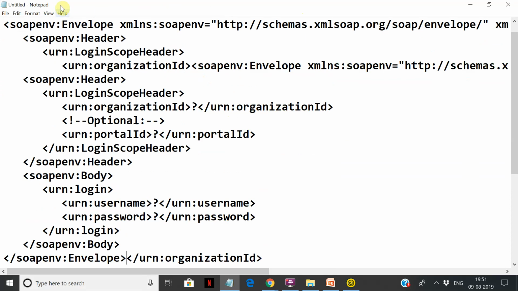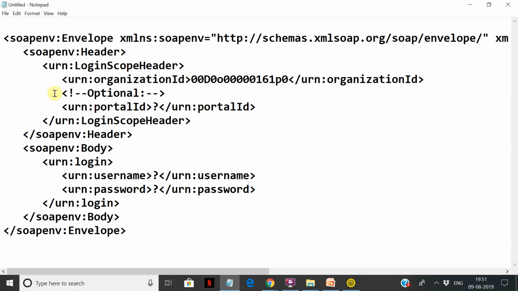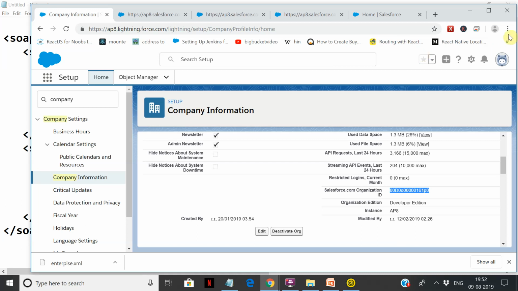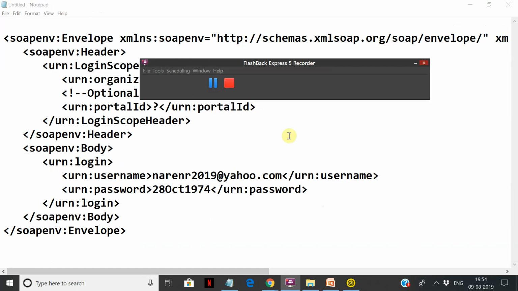Let's use Notepad for this. Let's take the request here and build the request here. First we need to log into the org, right? Using a SOAP request and our org ID, we are going to log in here. Sorry, pass your org ID here, and no need for the portal ID. And your username, password, and